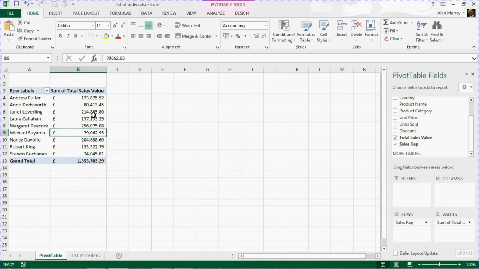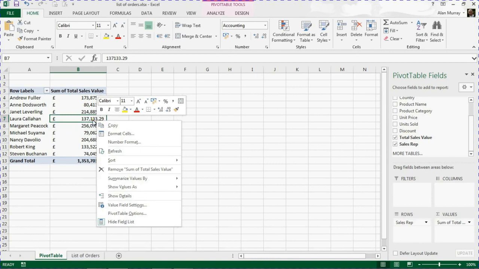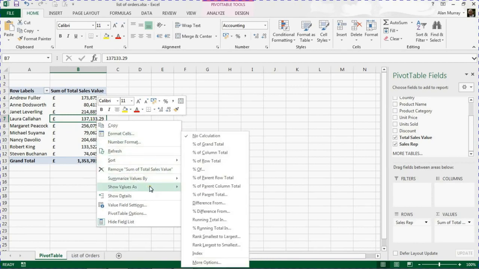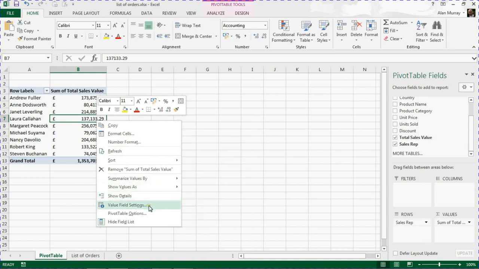Now in this version of Excel we can do this by simply right clicking on one of the values and going to show values as. And you've got these different ways of calculating the values in here. To keep this compatible with older versions of Excel, what we might click on instead for this demonstration is Value